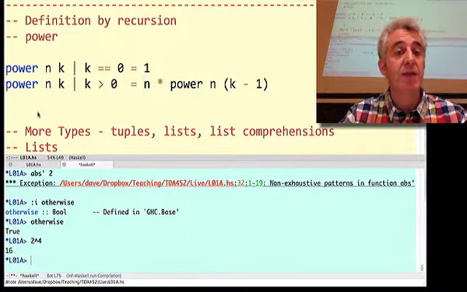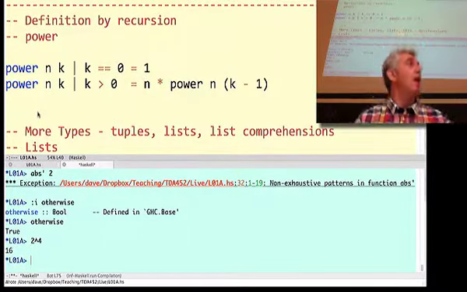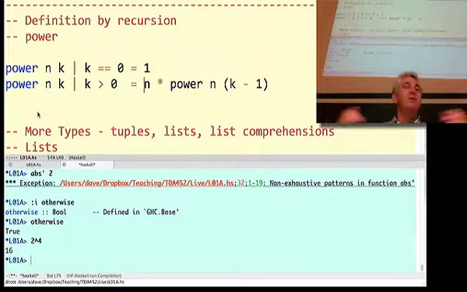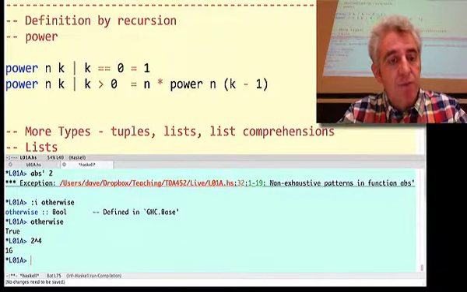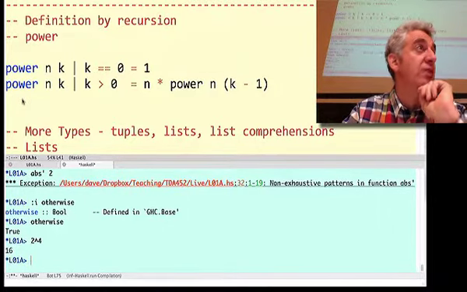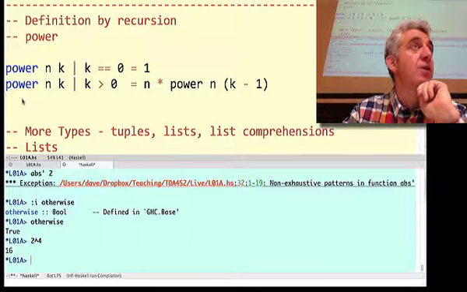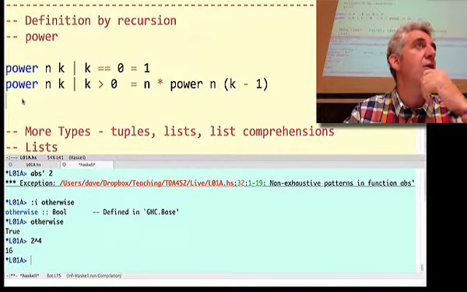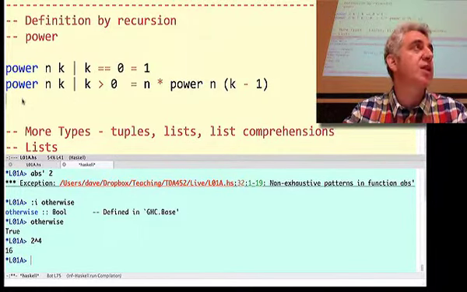What happens when k is negative? Well, yeah, we know that there is a negative, but I've decided I'm going to have a power function that only works for natural numbers. Okay? So that's fine, but actually there is a good point there. Even if I only want it to work on natural numbers, it can be rather useful to at least let the programmer know when things go wrong with a sensible error message.